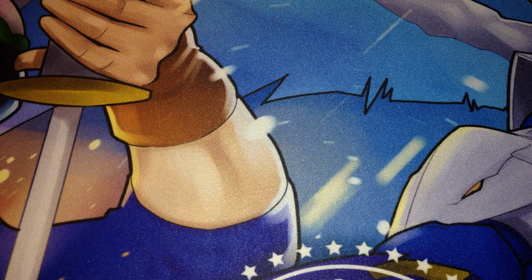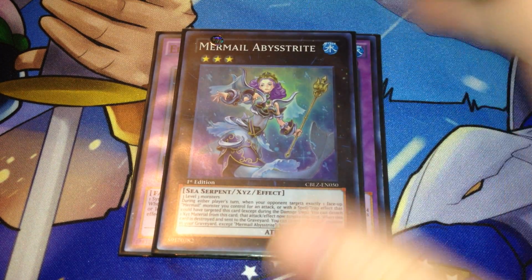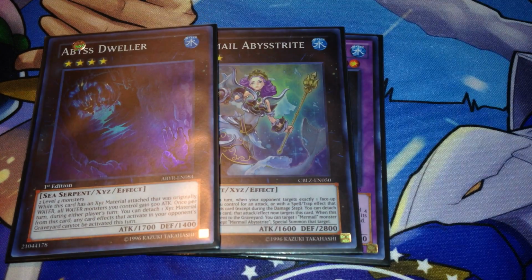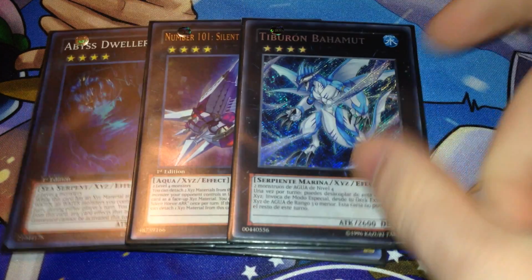Just, you know, Mask and Restricts or Fog Kings, generic sideboard stuff. You have pretty good access to whatever you want. For the extra, I play double Norden, because double Instant Fusion. You could also play the 3-2 ratio, and that's fine too. 1 Trite for the Bahamut Shark play, because Trite, being a revival card, is pretty good. For the rank 4s, which are now all water, 1 Abyss Dweller, 1 number 101, 1 Bahamut Shark, as said